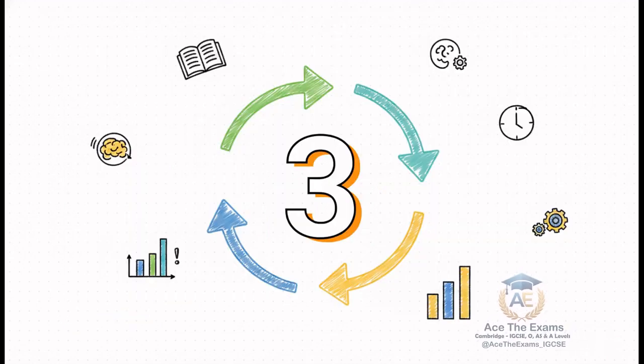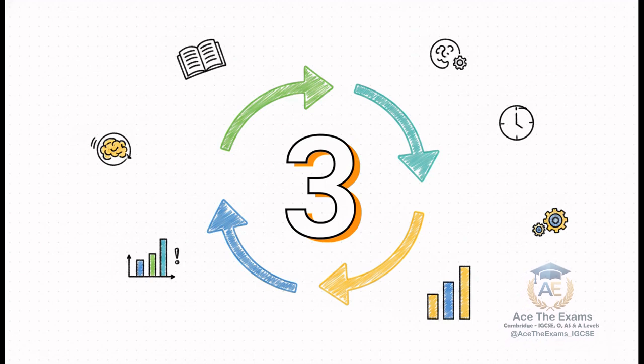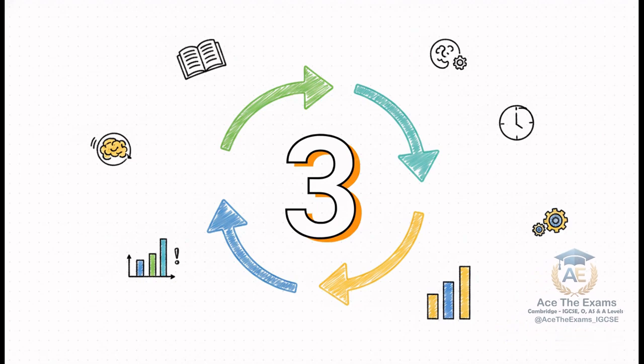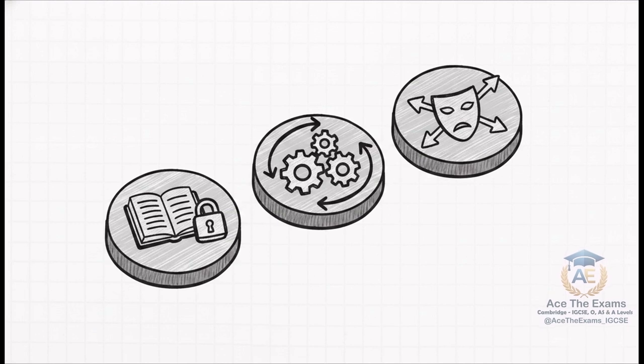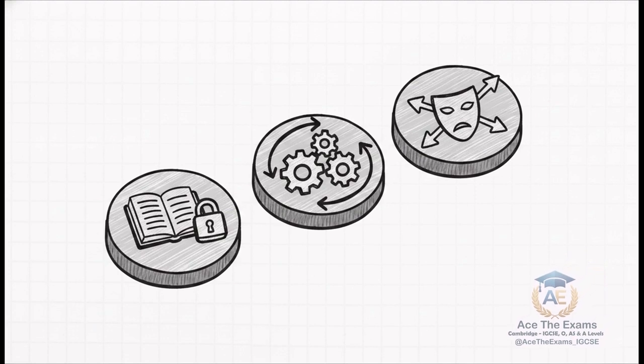Now, knowing all this theory is one thing, but actually retaining it under intense exam pressure, that requires a very specific approach. To guarantee exam adaptability, you need exactly 3 passes in your revision cycle. Let's break down this 3-pass revision cycle. Pass 1 is your rock-solid foundation. Secure those key definitions and contrasts. You need to know the precise difference between a protocol and a service, or memory and storage.